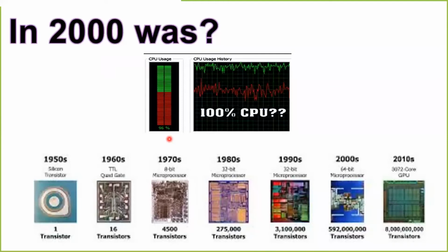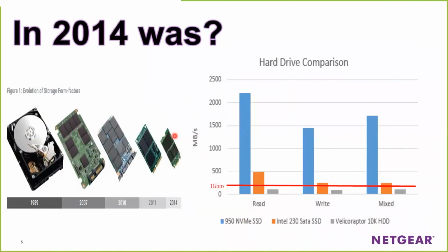So if we look at what the current bottleneck is, we know that in 2000 it was the CPU, but that moved from the CPU to the memory, and from the memory to the storage. So the latest one was the storage, and that's the one that I want to highlight. If you just look at the different computers you can buy today and the hard drives that these computers have, most of them are going to have SSD storage. So when we look at the performance of these storage devices, we can see that the 10K hard drives, the HDDs, we used to have until 2014,